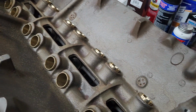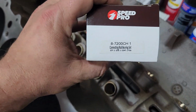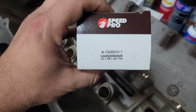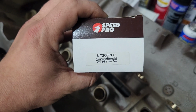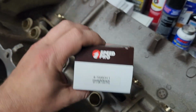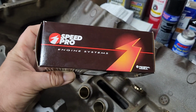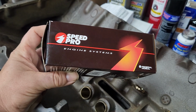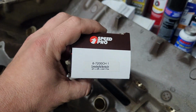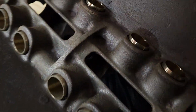I ordered a set of cam bearings for this. I ordered a set of rod bearings also, and the rod bearings I had to order are 1 under, and we'll get to that in a minute. I'm going to show you how to check rod bearing clearances. These are the narrow Speed Pro bearings. These are going to get sent out and get a dry film coating put on them along with the main bearings. And I also ordered a set of cam bearings